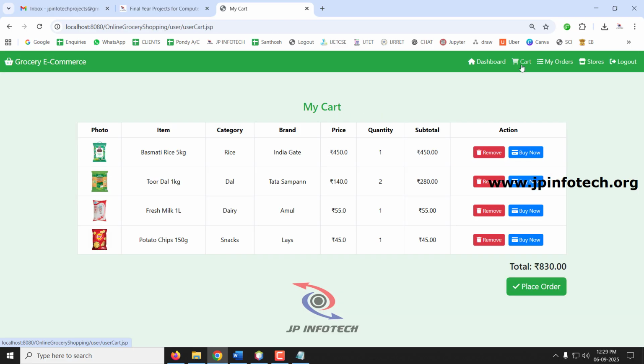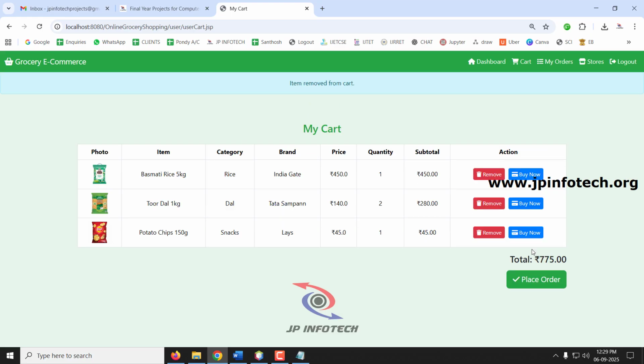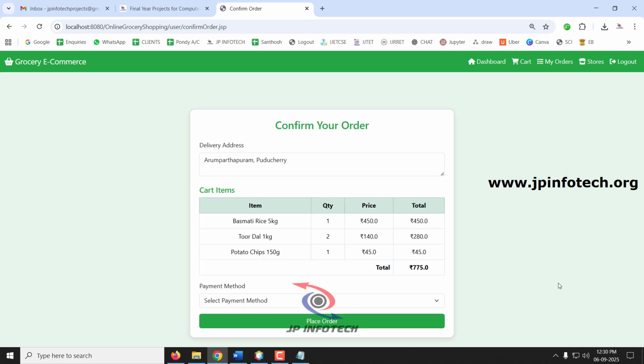Again, coming back to the cart, you can see the cart automatically calculates and gives the total value. For example, if you wanted to remove some product, you can just remove it so that the cart will be updated accordingly. Now I have this user JP who has selected the items whichever you wanted, and let me click the place order. After placing the order, it will be asking for the confirmation of the order, where